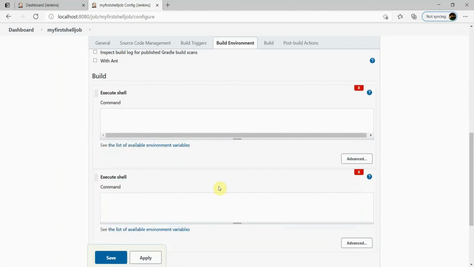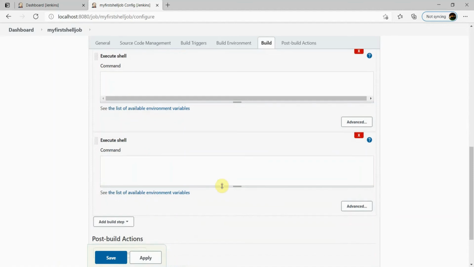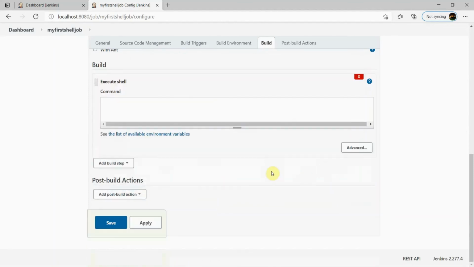So it will be using shell for the script. I'm simply giving the shell command. I would like to check the date, and I'm giving the echo. It will print the output.